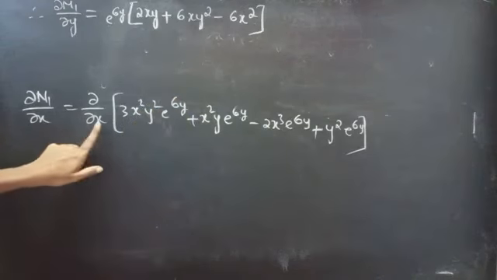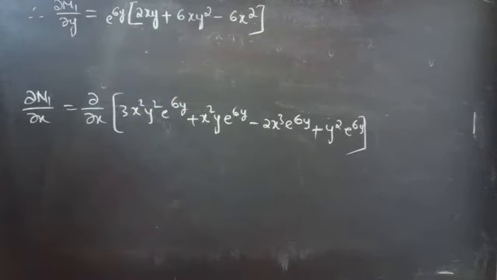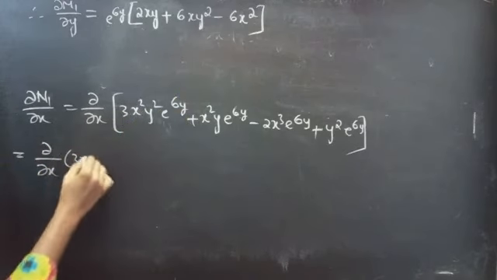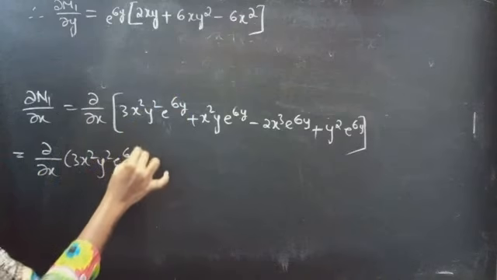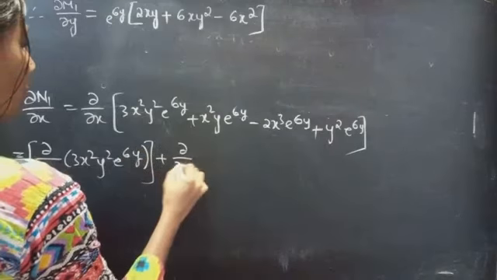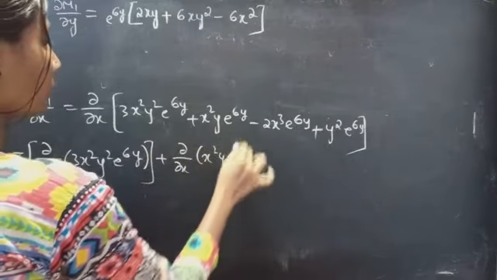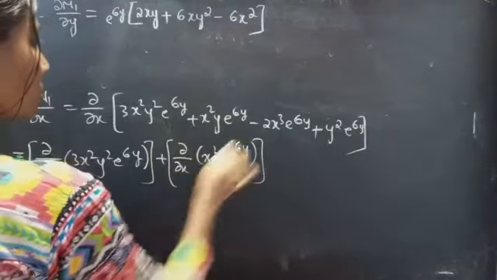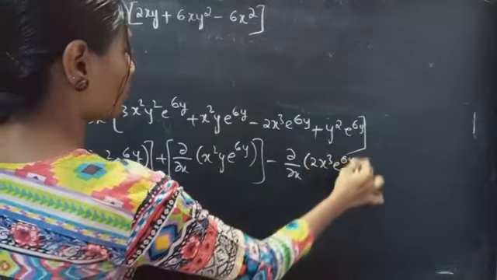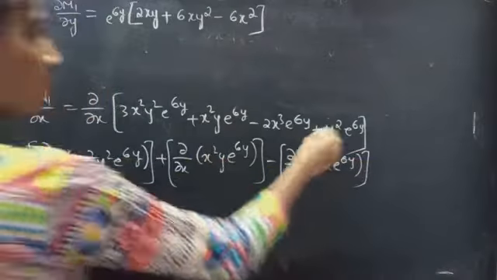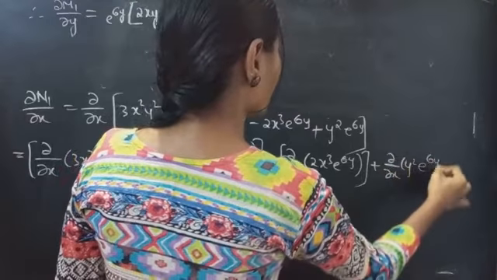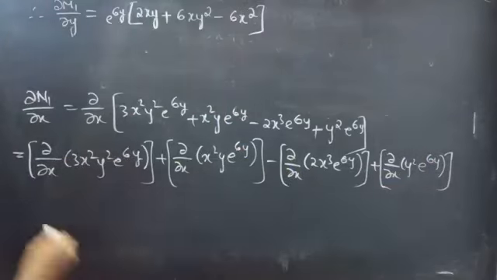Since we are doing the partial derivative with respect to x, here y will be treated as constant. This is equal to the partial derivative of the first term with respect to x plus the partial derivative of the second term with respect to x minus the partial derivative of the third term with respect to x plus the partial derivative of the last term with respect to x, is equal to